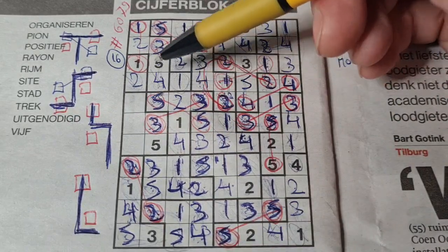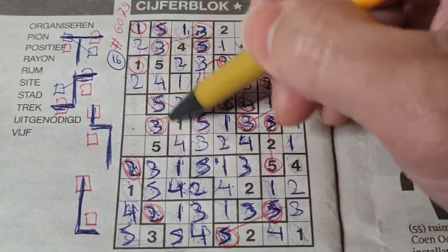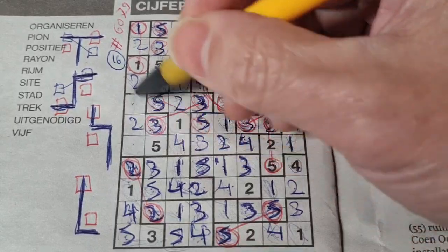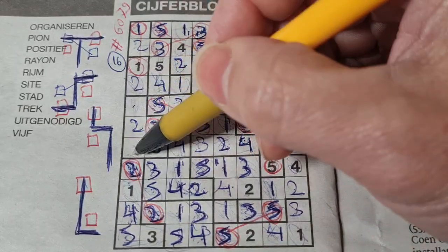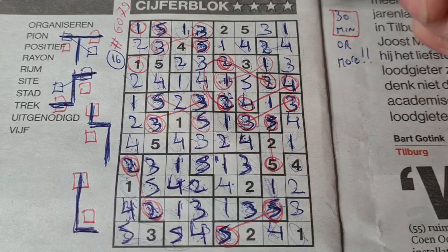Almost finished. Yeah, this box can be a 2. That box can be a 2. So 1 box left for the 2 in this area should be there. Final 2 numbers in this area for numbers 1 and 4. We have a 4 there. No 4 there. 4 should be here. And the 1 goes there. Finish in 14